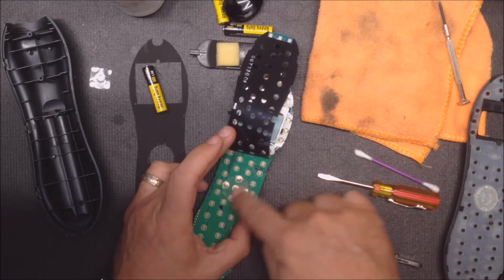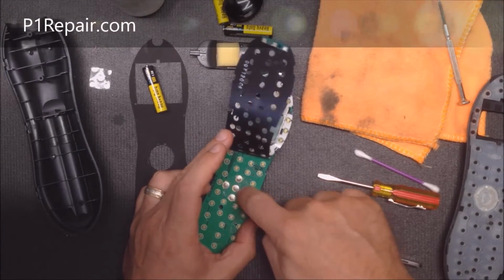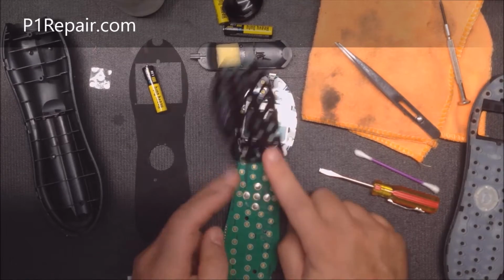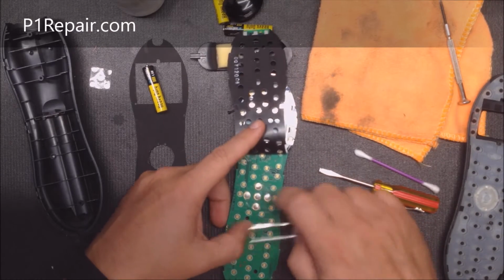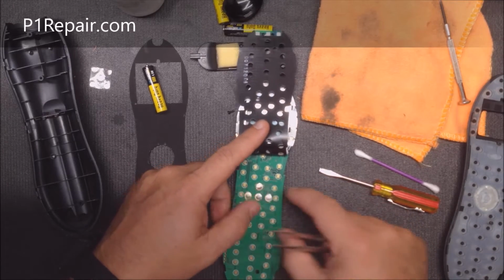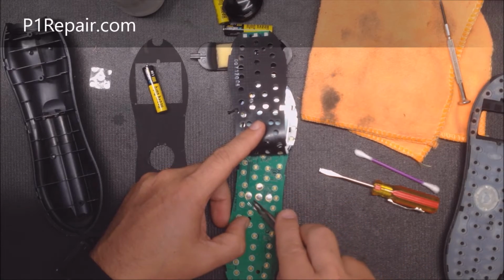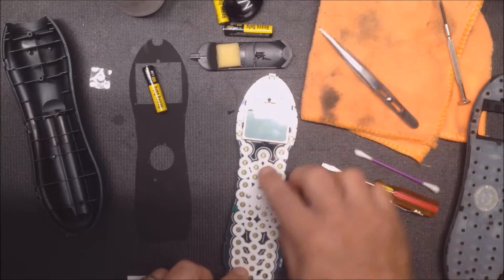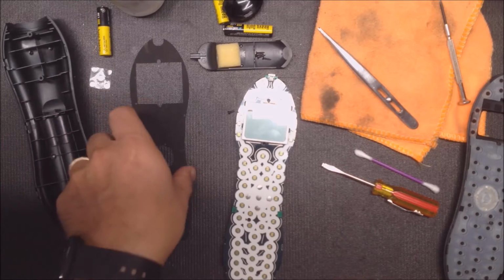Okay, there we go. I'm just going to push it down to stick it down there good. If it doesn't look quite right, like there's two or more crooked, or all of them are side to side, you could peel this off right away and put it back down. That looks good. Now for the rest of the buttons,